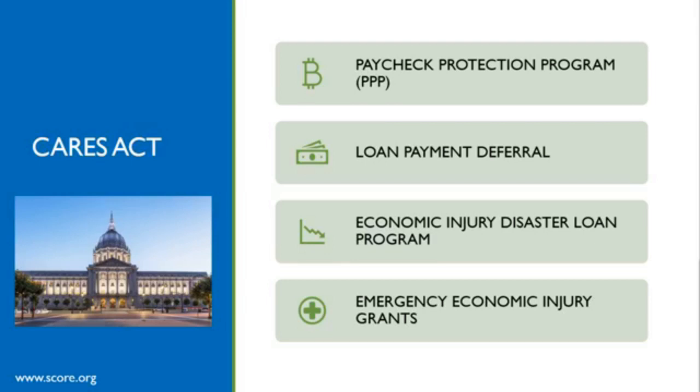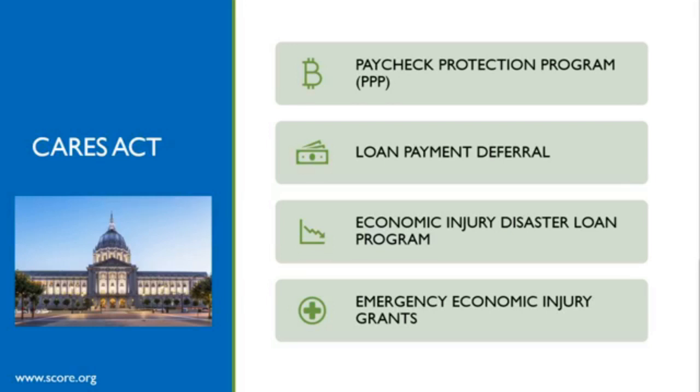The CARES Act has 4 segments, and the reason Congress passed this and then refunded it is the importance of trying to get the small businesses in the United States back up on their feet. Over 70% of the American economy is small business, and the big guys get all of the glamour, but the small businesses make the United States work. So we're going to talk about those 4 elements of the CARES Act.